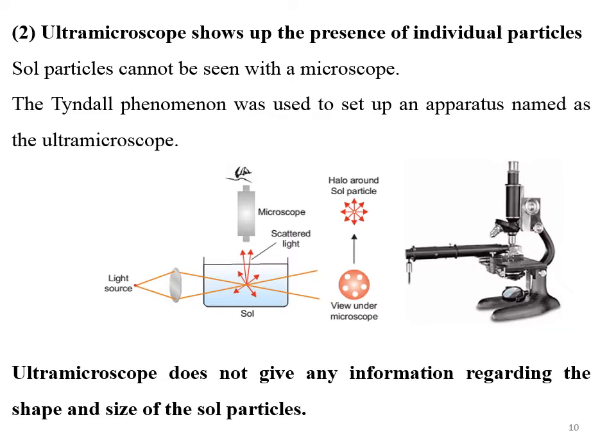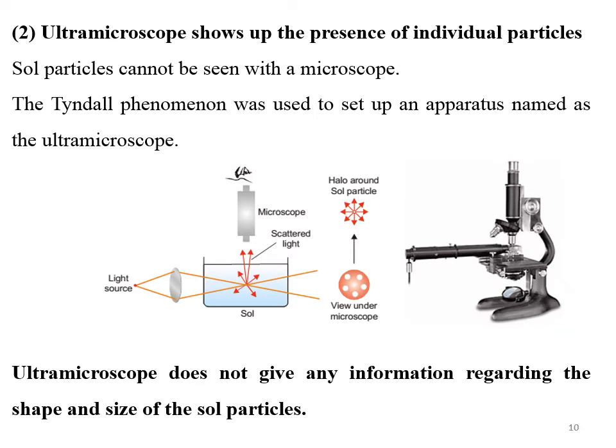An intense beam is focused on a sol contained in a glass vessel as shown in this diagram. The focus of light is then observed with a microscope at right angles to the beam. This has also been demonstrated in this figure. The upper direction is where the microscope is written and a symbol of an eye is drawn above this beaker. So individual sol particles appear as bright specks